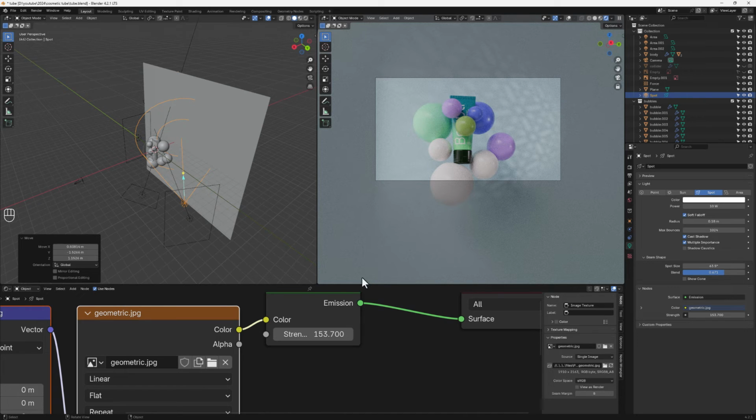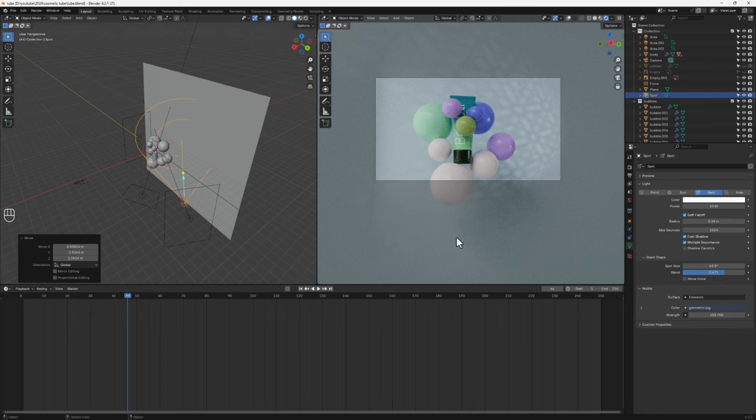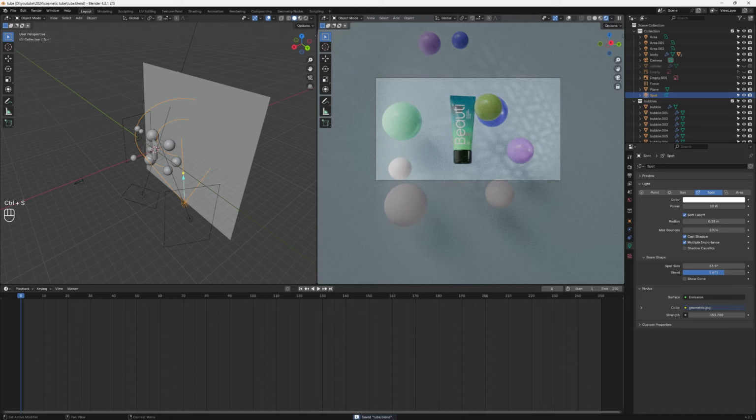So I think everything is looking nice and beautiful. Next, let's see how we can add in one last thing. I promise, just add in some animation and then do our final render. So let's hit Control S to save everything. And then once we have everything set and you have the kind of simulation you want, let's bake in our simulation. So Control S once again to save everything,